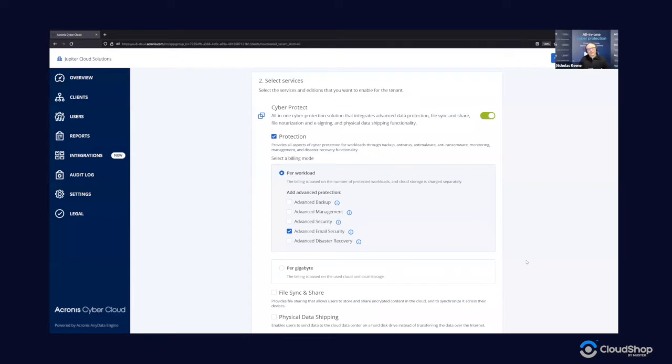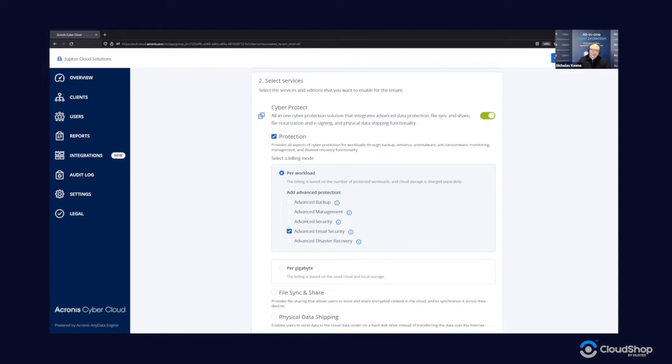And we also have this product split up into the standard offering, which includes your backup and recovery, as well as your basic security, so some basic antivirus and anti-malware protection, as well as our excellent anti-ransomware solution with some monitoring and management functionality as well. To enhance on that, we also have some advanced packs in the platform as well, things like advanced backup, advanced management, etc. And because we're focusing on Microsoft 365 for the time being, we don't need any of the advanced packs to back up our Microsoft 365,